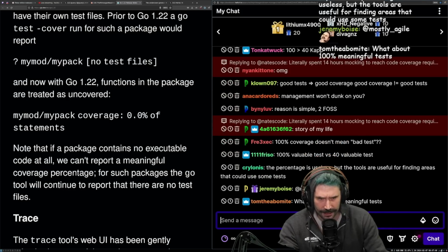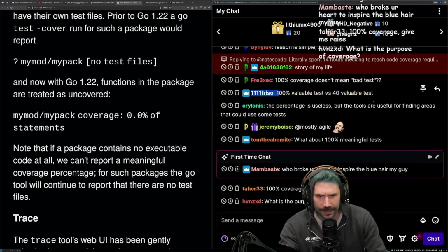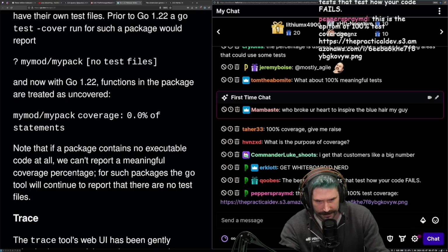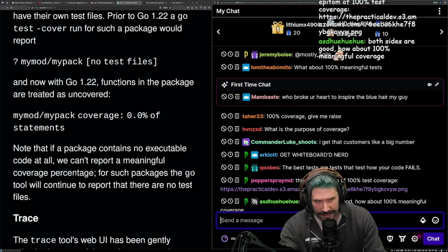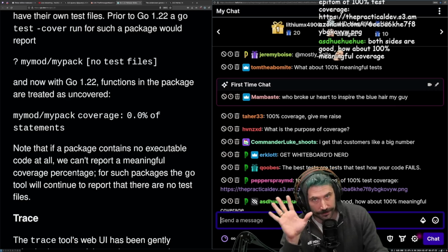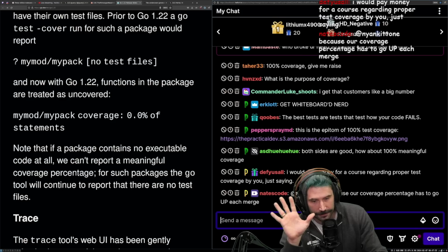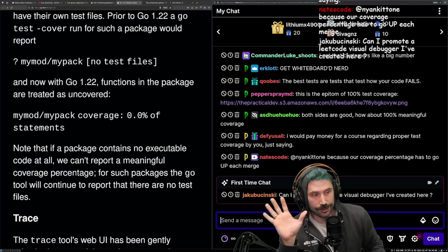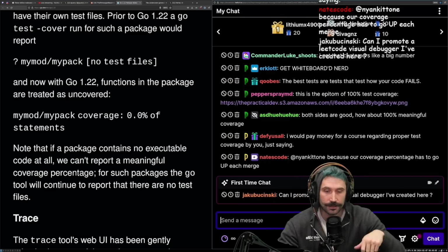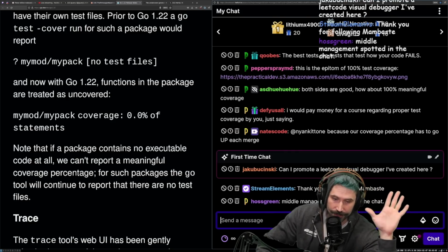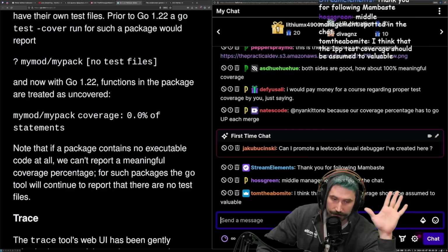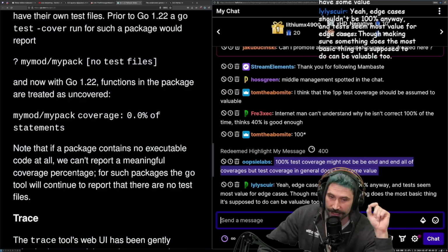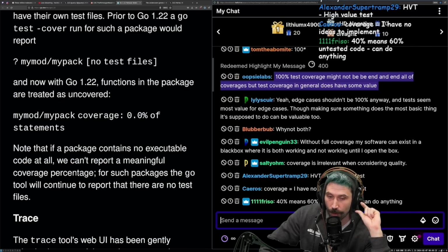100% valuable test is 40% valuable test. Well, no one said that. I said 100% test coverage versus 40%, but they're all valuable tests. If I could make a choice, and one was 40% coverage with all high value tests, and the other was 100% test coverage as a mandate, I would choose writing high value tests over any mandate of coverage. I'd rather have 20, 40, 50%, and then the motivator to write more tests.